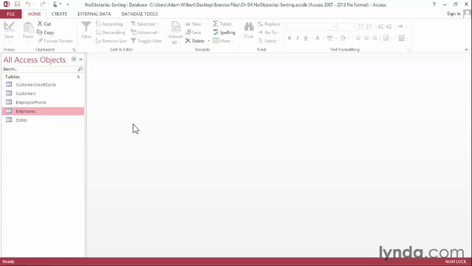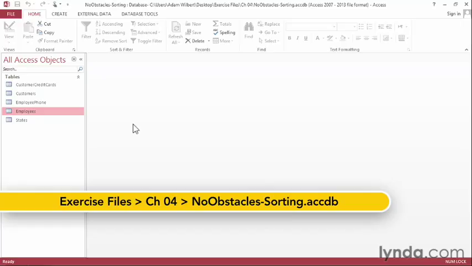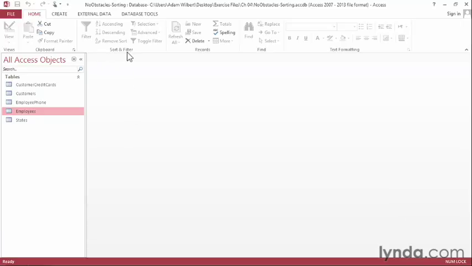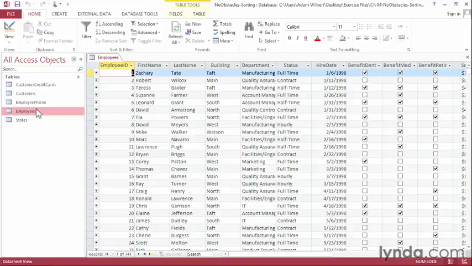A common task with any table of data is to sort contents to bring relevant records to the top. On the Home tab of the ribbon, we have the Sort and Filter group here that holds all the tools to do just that. I'll open up the Employees table to take a look at those options. Right now, our records are in the order that they were put into the database, with the first record, Employee 1,